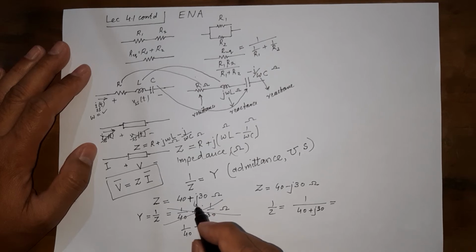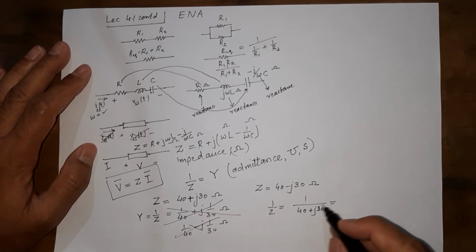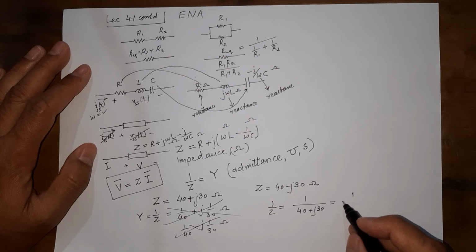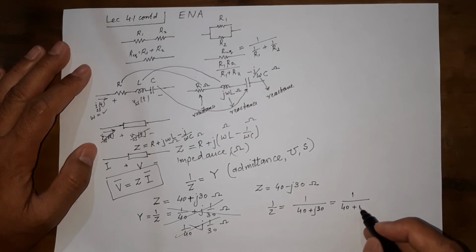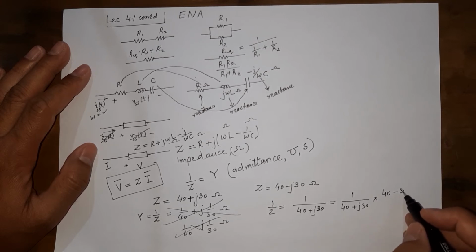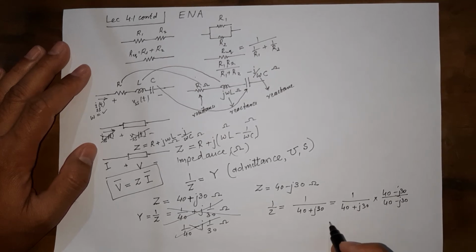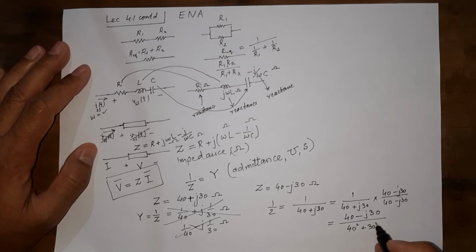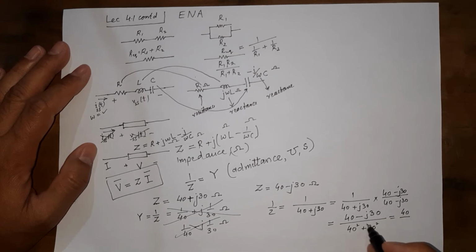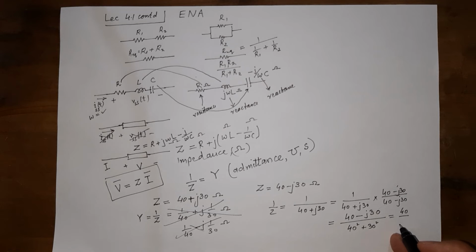It is not equal to this nor equal to this as well. So don't think, okay, you have handled this 1 over iota by writing this minus J. No, it is still not equal to this thing. It is something different. Although I can do it using my calculator, if we take the conjugate of the denominator and multiply, we get 40 minus iota 30 over 40 square plus 30 square. So we are going to get something like 40 divided by 40 square plus 30 square. What would this be?